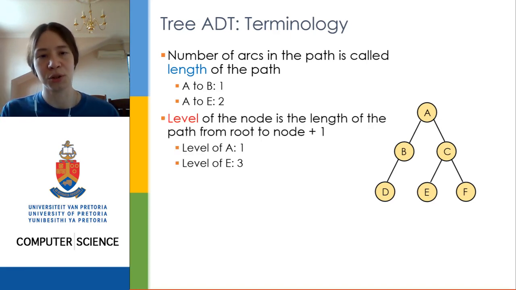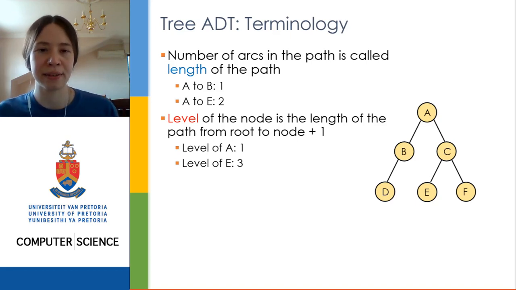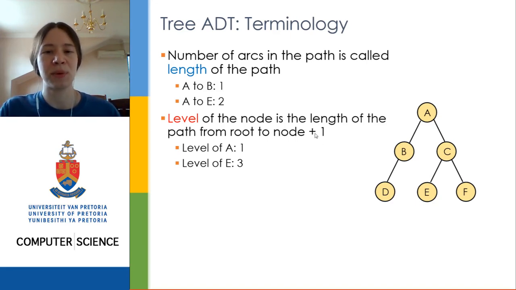Every single node in the tree has a level, and the level of the node is basically the length of the path from the root to that node plus 1. Why the plus 1? Well, because we want to treat the root as a node at level 1, because there are no arcs that you take. You take 0 arcs to get to the root. Root is your starting point. 0 plus 1 will give you 1, so the level of A is 1. On the other hand, to get to E, for example, you have to take 2 hops. You travel down 2 arcs, but its level is 3 because 2 plus 1 gives you 3,